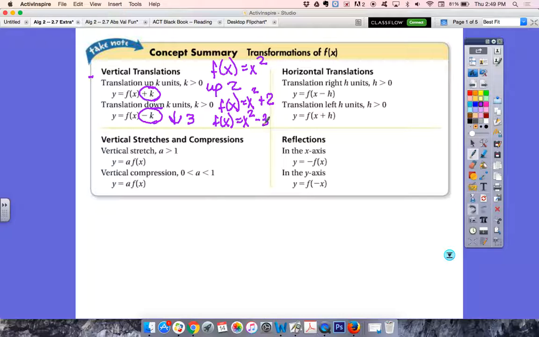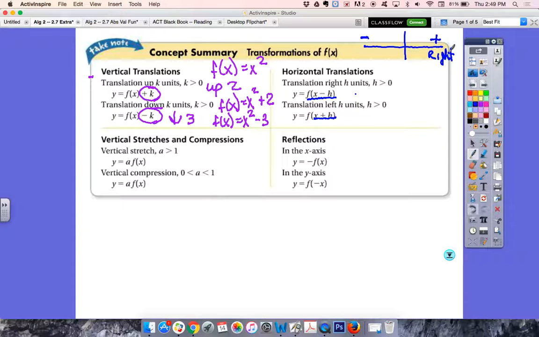Okay, now the next one we're going to look at right here is the horizontal translations. That's your side to side, going left and right. So if you'll notice, what they do is it's inside with the x. And what's strange about it is the opposite sign of what you would think. So if you're going to go right, like if you were thinking about a graph, positive numbers are over here, negative numbers are over here. So if you're trying to move your graph over here to the right side,